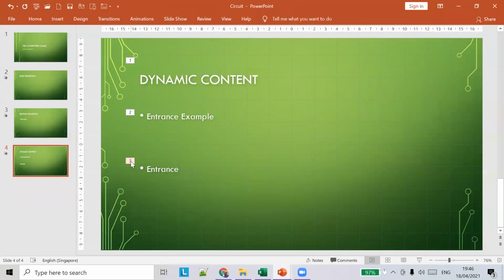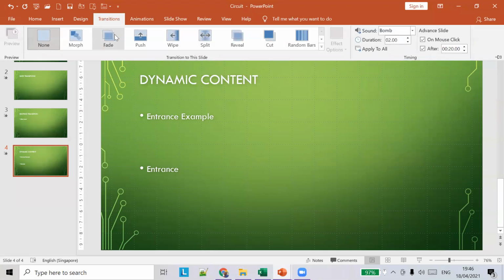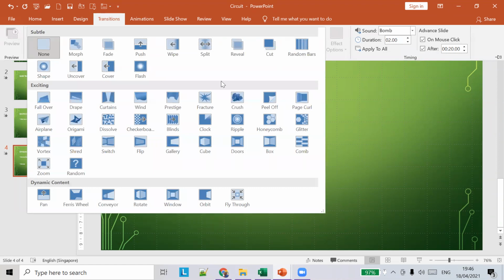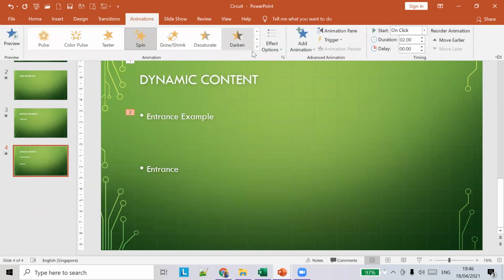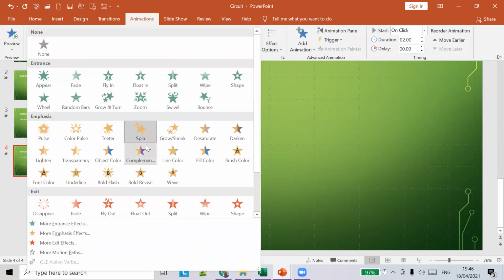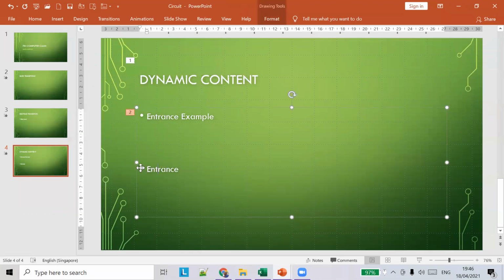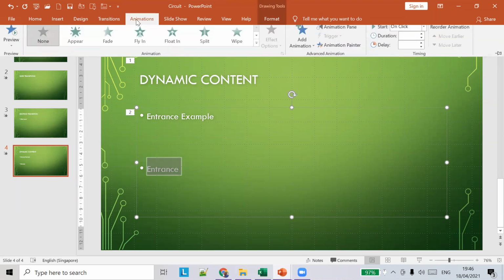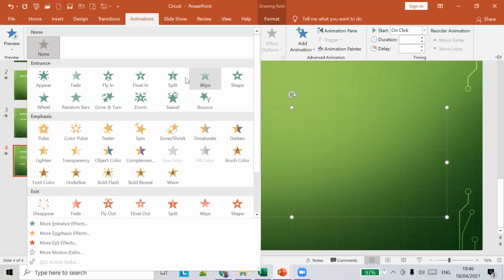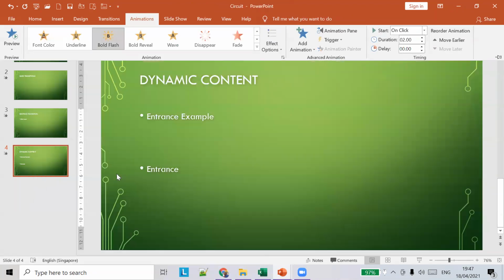Go to animations. For entrance, I will say fly in. For this element, we'll add another animation for the entrance example. I'll choose animations, then emphasis, and say bold flash.